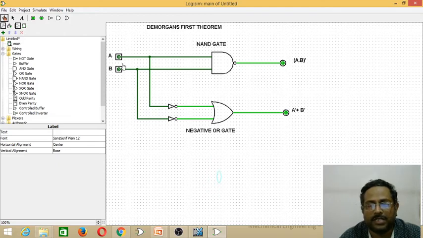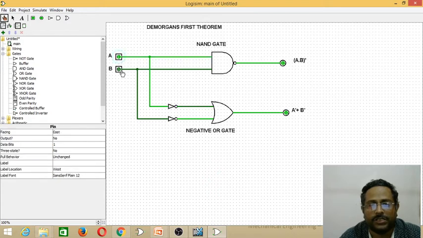The same you can check for all combinations of inputs. For 1 0, the outputs are the same at LHS and RHS. For 0 1 also, the outputs are the same. For 1 1 also, the outputs are the same. If 0 at LHS, 0 should be there in RHS. Hence, the first theorem is proved.